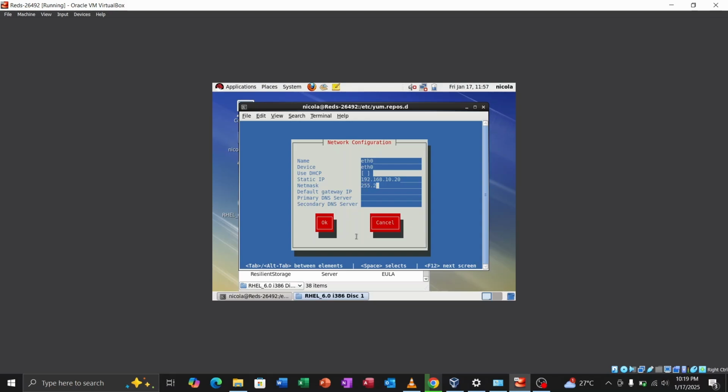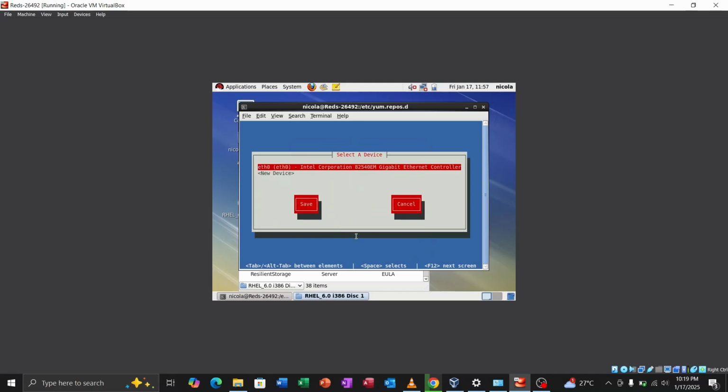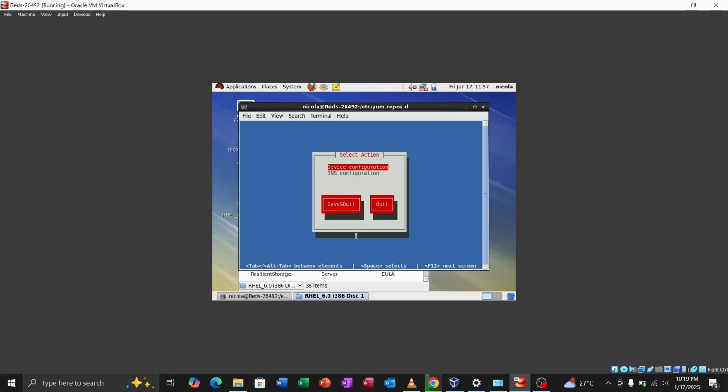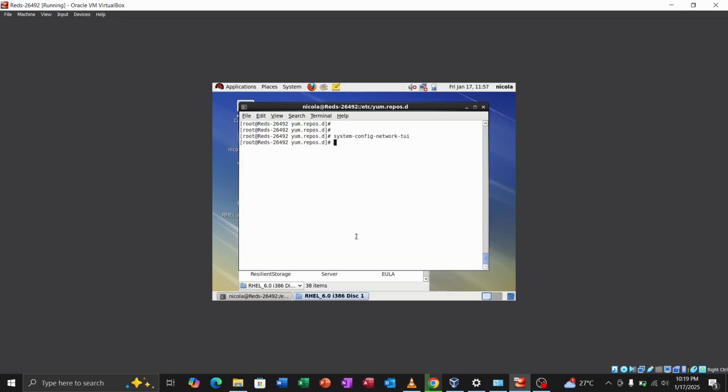subnet mask 255.255.255.0. Okay, 192.168.10.1. This is the default gateway. For now this is okay. Okay, I can continue. Okay, quit and save. So when I type ifconfig again,